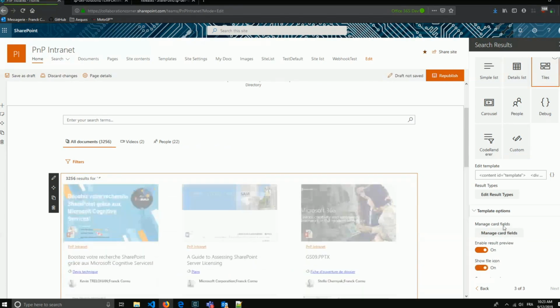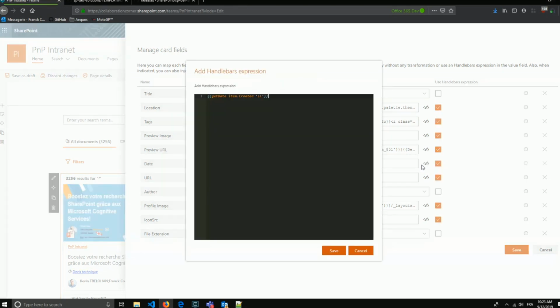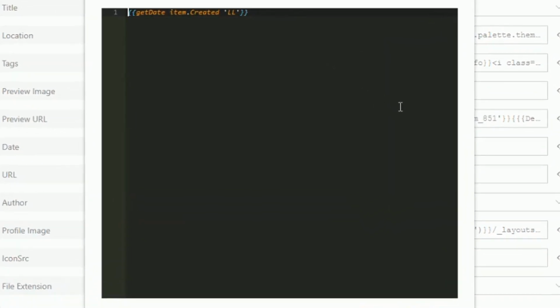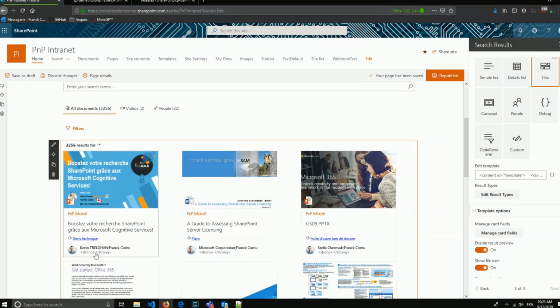But if I switch to the tile layout and I want to do the same thing for card placeholders, you cannot inject your own HTML because behind the scene is the React control, and we can't add HTML. So if you do something like this, only the raw value of your expression will be displayed. So I can use the handlebars helpers, no problem here. But if I do something like this, the value will be interpreted as is. So as you can see here, you can't inject your own HTML,